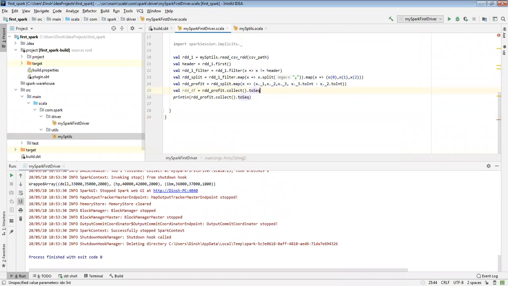Here I'll give profit. Okay. So now I will comment it, otherwise I'll show this one, rdd.df.